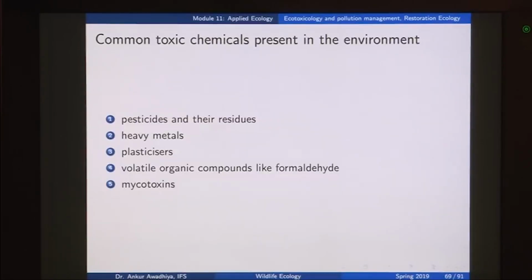Or we can look at the impacts of the naturally occurring toxic chemicals such as mycotoxins. Mycotoxins are those toxic chemicals that are released by different species of fungi. These are naturally available in the environment. For instance, if you look at groundnuts, in the rainy season you might have a growth of fungus in those groundnuts, and there could be some groundnuts that taste extremely bitter, because there is the presence of a toxin that is known as aflatoxin. That is a mycotoxin, and we also look at the impacts of different natural toxins in the environment.